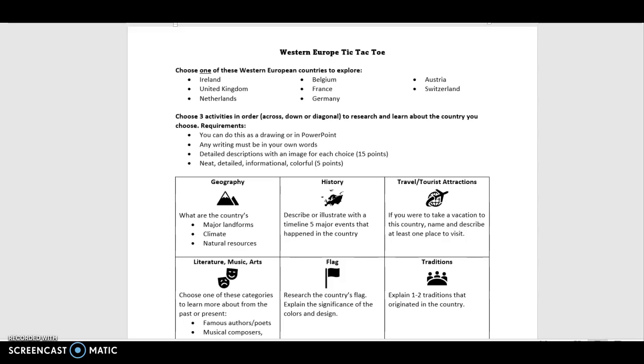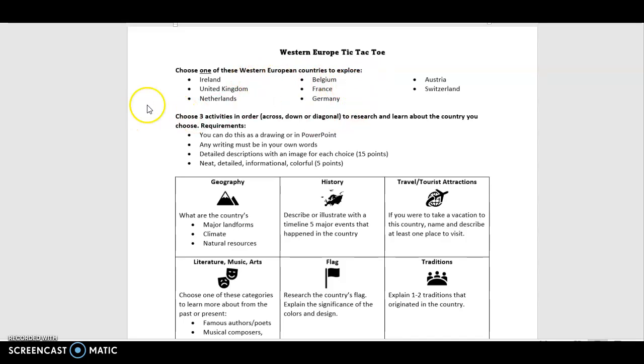This is an overview of the Western Europe tic-tac-toe assignment. Since there were not any quizzes for this, this is a way to help reinforce some learning and allow you to use some of your creativity as well. So for this assignment, you are going to choose one of the Western European countries to explore that are on